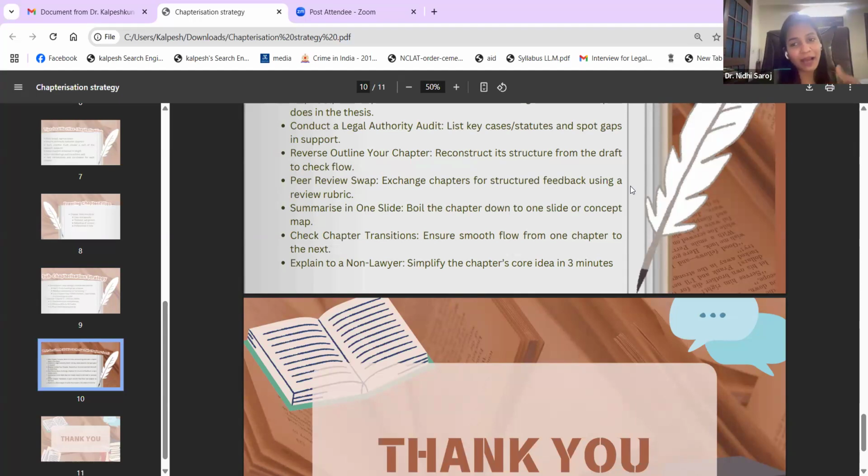But at this juncture, ma'am, I would suggest you further refine your topic, finalize your objective, question and hypothesis which are in alignment, and on that basis do a tentative chapterization. You can have one chapter on judicial trends related to speedy and fast justice in India, where you can talk about how the Supreme Court has tried to interpret speedy and fast justice. That can be one of the initial chapters.